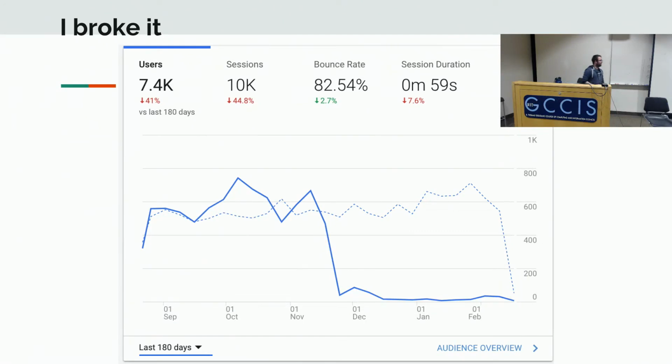When I started implementing security into my blog, this happened. This is Google Analytics, tracking how many users I get to my website. When I started putting security in place, there was a big drop, as you can see. Is this a good drop? Is this a bad drop, right? Did I put a security control in place that made a bunch of people not able to access my website? Or is this me blocking bots from accessing my website, and now this is my true number of users actually accessing it? I don't have a good answer for you.